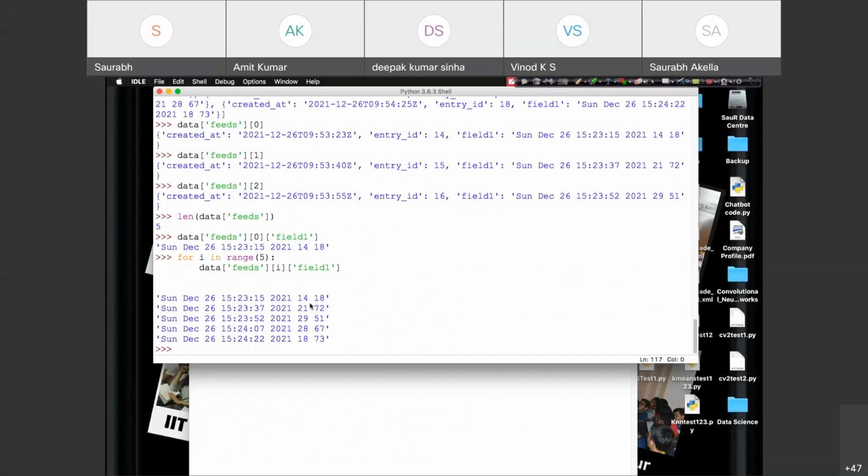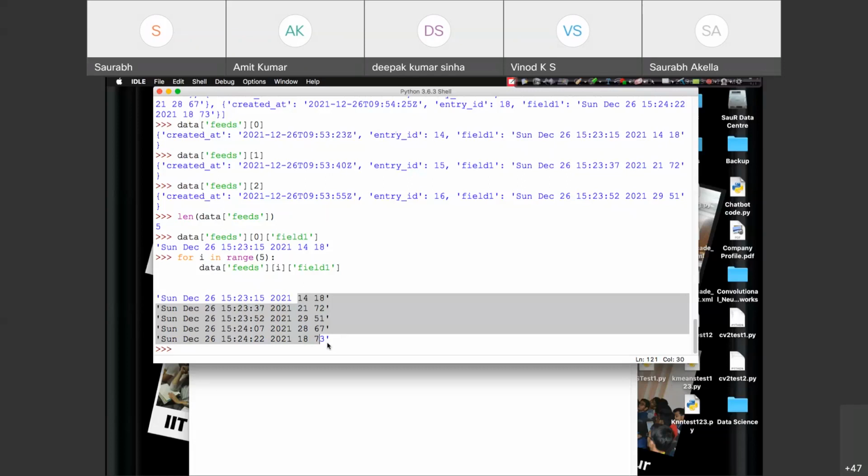Now we have to just extract these 2 values depending upon the time. And with respect to time, I just want to plot this data. I want to plot and analyze this data: at what time my temperature was high, at what time my humidity was high, and at what time it was quite low. What was the lowest value of temperature? What was the highest value of temperature? What was the lowest value of humidity? What was the average value of humidity? All such analysis can be done.